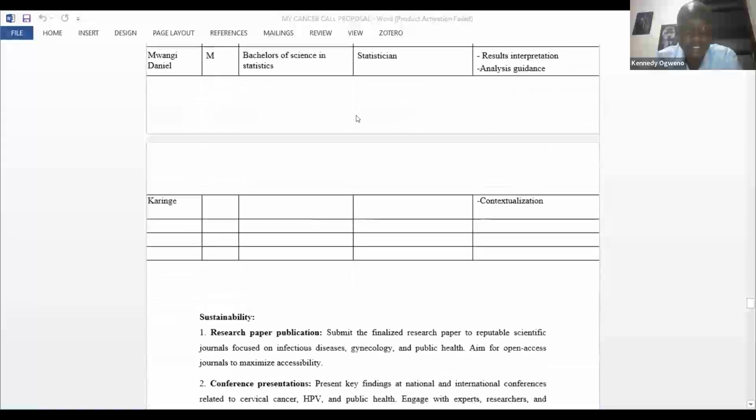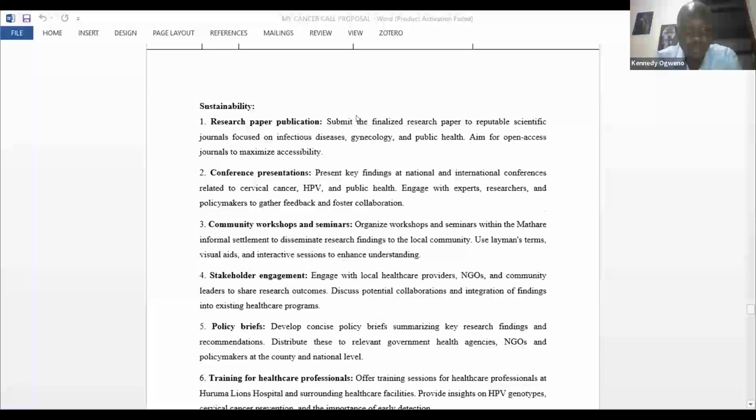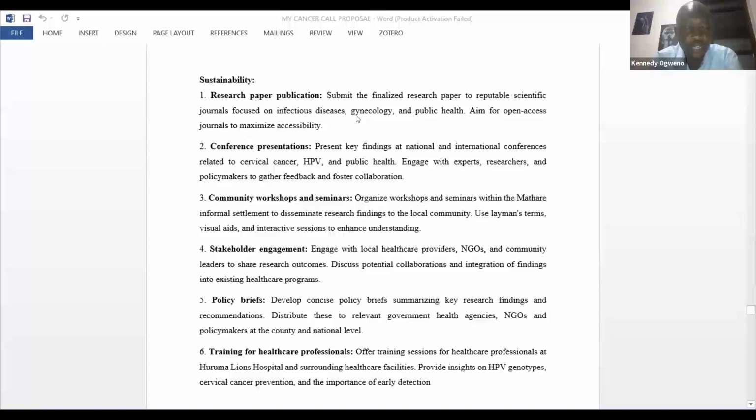This budget includes even the names of these people, what they are supposed to do. So when you're doing a budget, this study is supposed to go for 1 year. This staff need salary at the end of the month, for these 12 months as well. There's training. You need to do some photocopies. In the field, the car needs fuel. So these are the budget items. Now you sit down and do your calculation in USD. Most funders need it in USD. So you need to have the current exchange rate, okay, and sustainability.